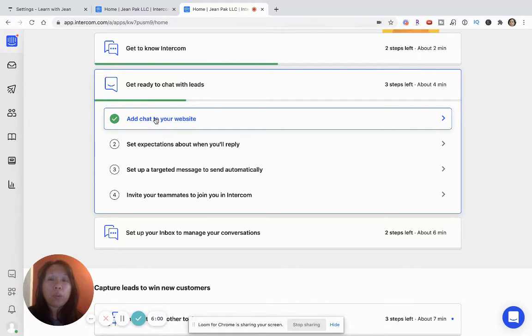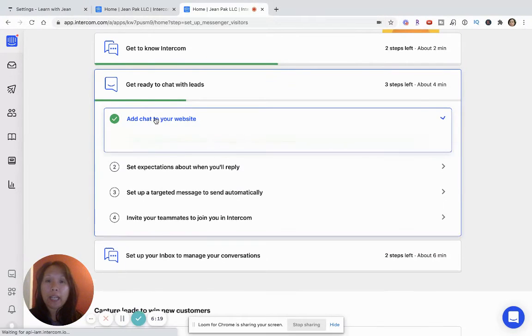Now, as you grow and you want more functionality, there are customizations that you can make to this chatbot, but that is where you'll want to consider hiring a developer who has more expertise in the code and can make tweaks and customizations based on the needs of your business. But for now, we're just going to do a very basic tutorial and click on this add chat to your